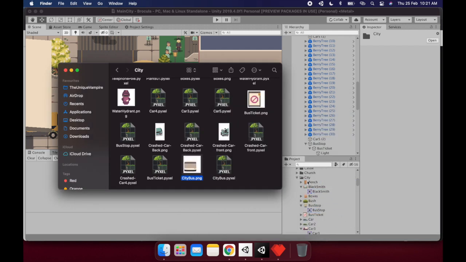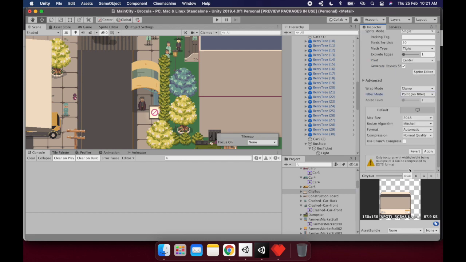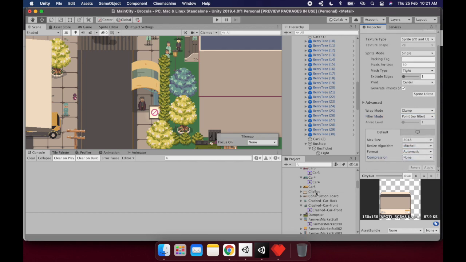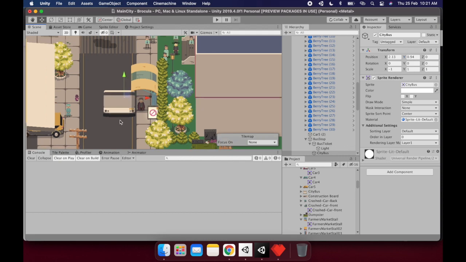I'm gonna make sure that it's using correct configurations, like 50 pixels per unit, and it's point, no filter, none. Apply. Let's try to add it to our bus stop. So this would be the front of it. Compared to the player, this is what it would look like, which seems okay, but